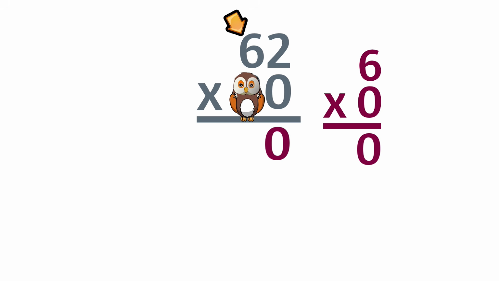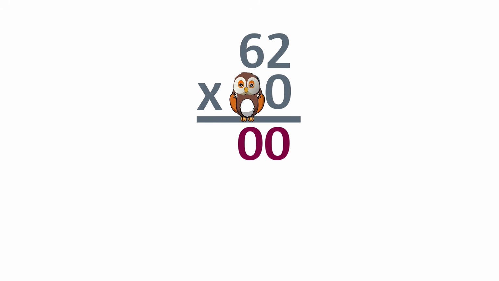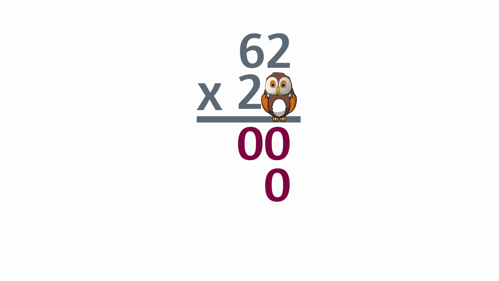again. So we put another 0 down here below the tens. Awesome. At this point, we are ready for the digit behind the owl. Since we no longer need this digit in the ones place, we'll just scoot the owl over here like we did last time. Before we keep multiplying, we have one more thing to do. We need to put a 0 in the ones place right here as a placeholder.